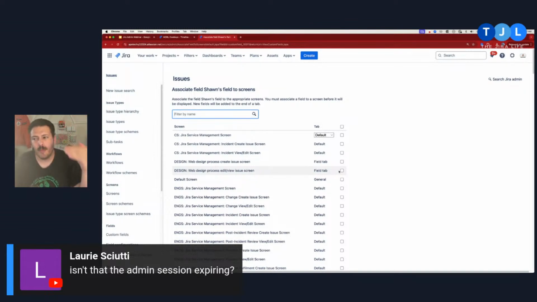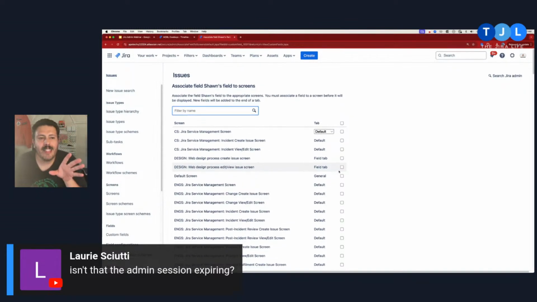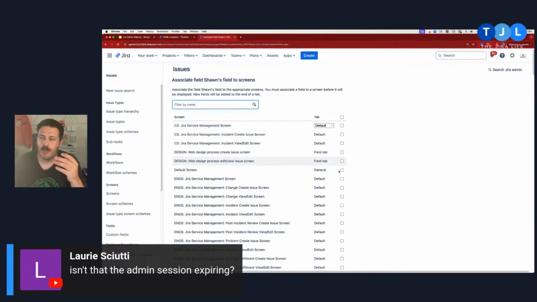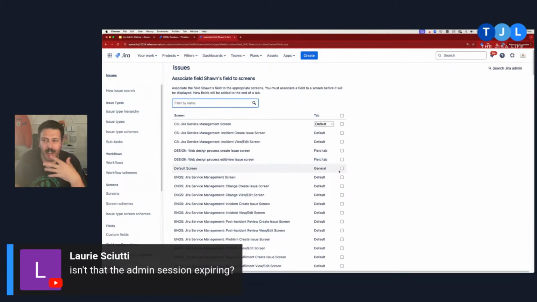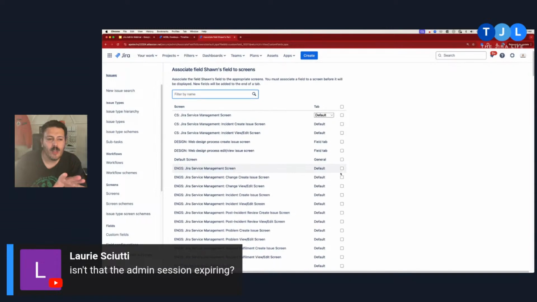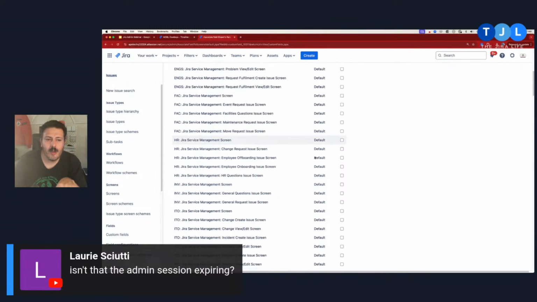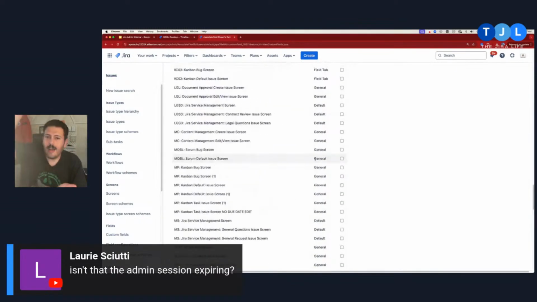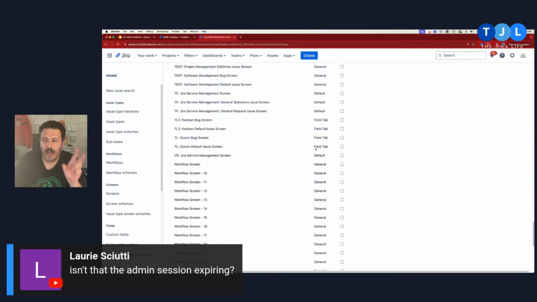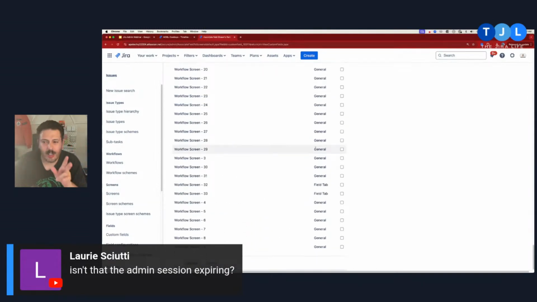Once you put the name and the values, you're taken to where you want to associate this one. And this is where you have a little bit of a chicken and egg situation, right? Because when you create your custom field, you should know where it's going to land. Jira is going to present you with all the screens that are available. And if you have 1,000, 2,000, 3,000 screens, you're going to be scrolling for a very, very long time,